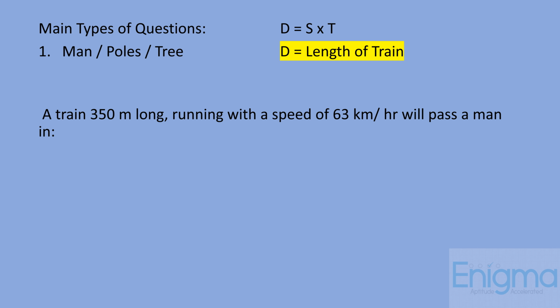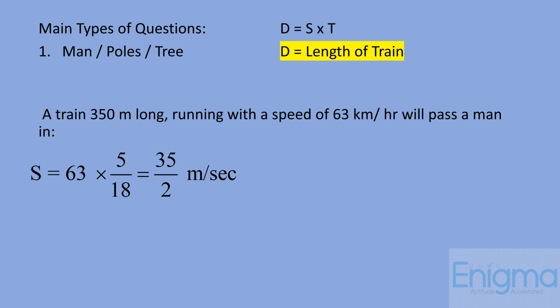Now again, like the previous question, we have the distance in meters and the speed in kilometers per hour. So first step, we'll have to convert speed into meters per second. So 63 into 5 by 18. Now these are peculiar questions. See here, 63 is not a multiple of 18. So we'll not get a natural number as an answer for speed. Always remember, try and keep this in the fraction form itself, because eventually it will get cancelled out while finding out the final answer.